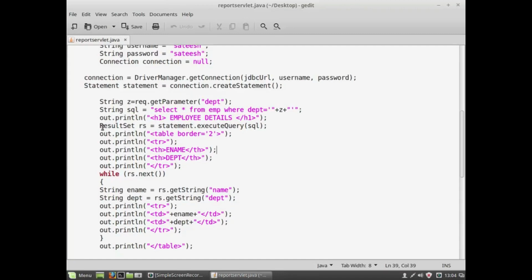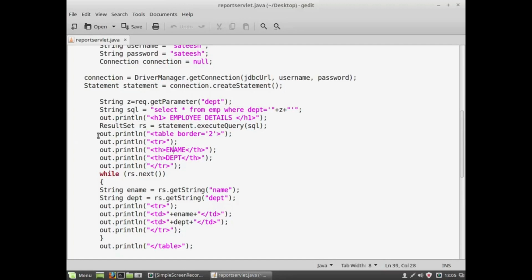In order to store the result that we get from the database, we have to use a ResultSet. In Java, we have a ResultSet, and the other option is RowSet objects. Either of these two can be used to store the results we get from our database. It works like a cursor, a simple cache memory where the result will be available. We can modify it, print it, do anything by holding that result. Our instance name is RS. Using RS, we can extract the details from employee.